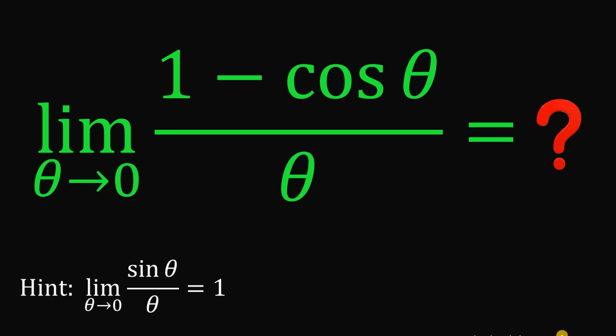Today, we will answer a math challenge given by one of our followers. And the question goes like this. What is the value of the limit of 1 minus cosine theta all over theta as theta approaches 0? Now, here's a hint: the limit of sine theta over theta as theta approaches 0